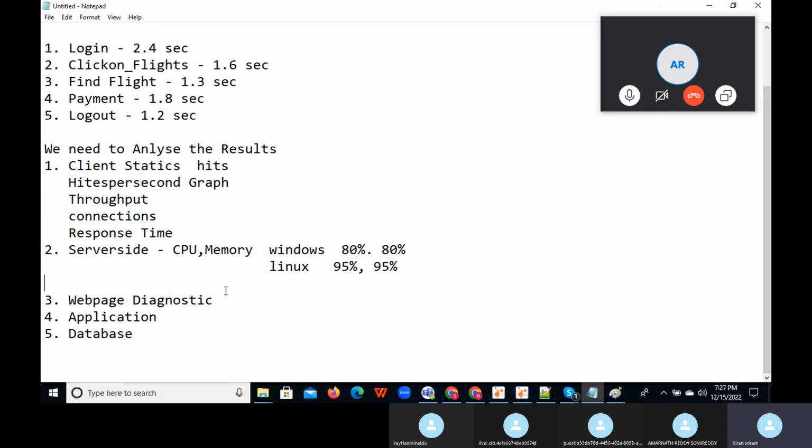So what is web page diagnostics? Using web page diagnostics we need to find whether it could be a network or server issue. Using web page diagnostics we can drill down into the application and identify whether it is a network issue or a server issue. How do we do it? There will be a time taken buffer graph,